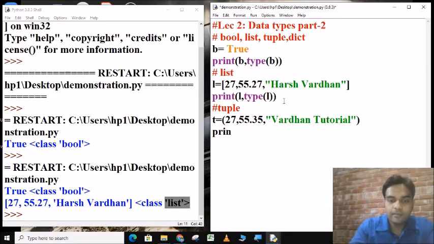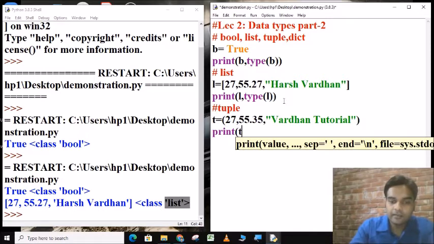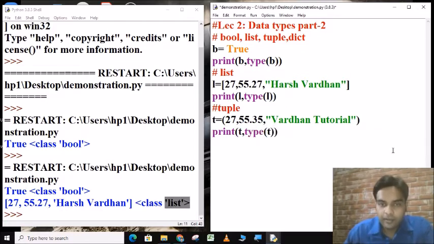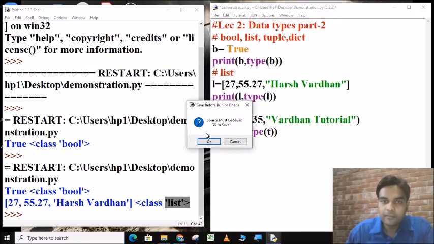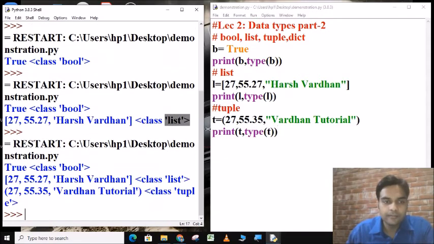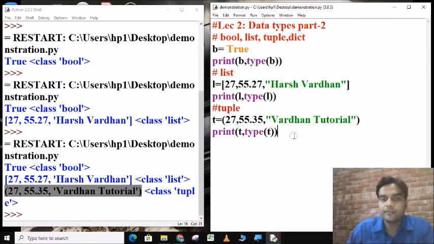Now we will write print t, type of t. So it will give the output of t and type of t. See, this is our tuple represented in parenthesis and class is tuple. Class means type.